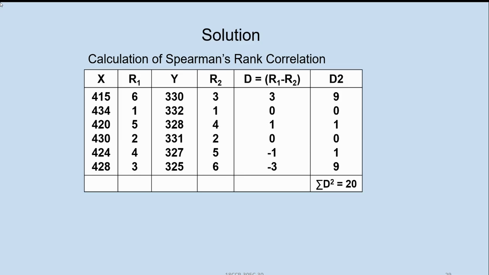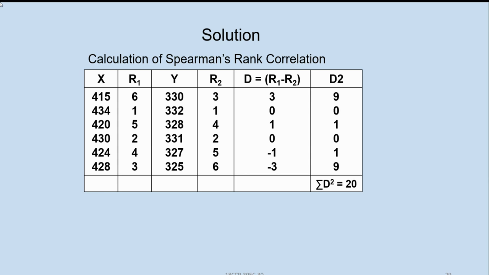Solution. So the first 4 columns, just now I have explained to you. Hope you have written the same thing. Please see this. Here, the highest number is 1 and the lowest number is taken last. But we have done it reversely. We have taken the lowest number as 1 and the highest number as 6. No problem. Whatever order you use for the X series, the same can be used for the Y series. You follow the same ascending or descending order for giving ranks.